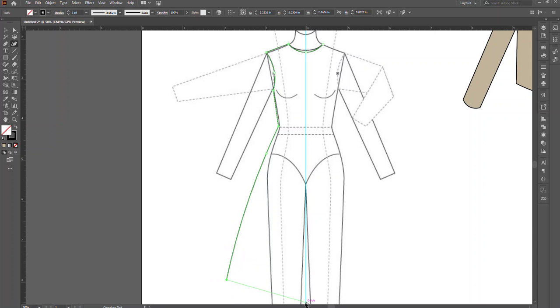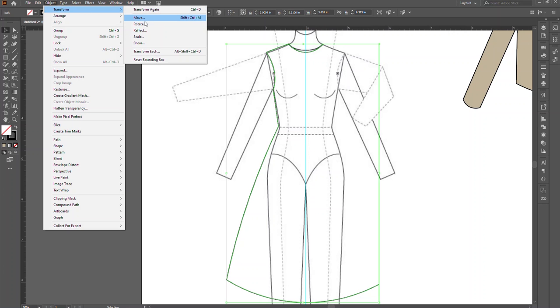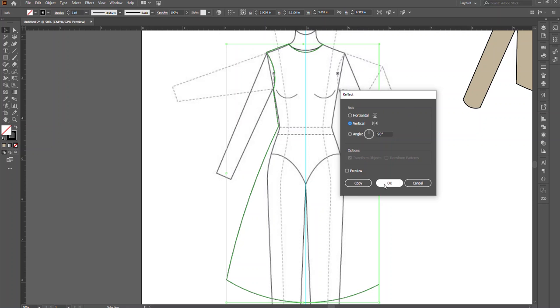Give that a double click, one point in the center, and then I'm going to come up and try to match to that point. So I'm going to hit escape to end the tool or switch tools, and we are going to reflect this object, transform, reflect,